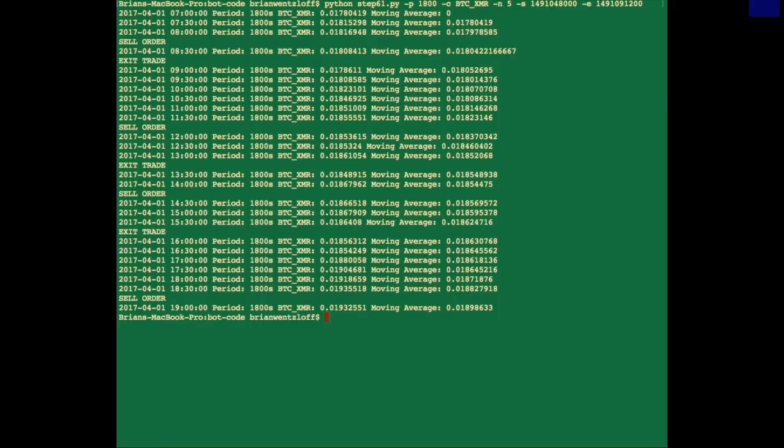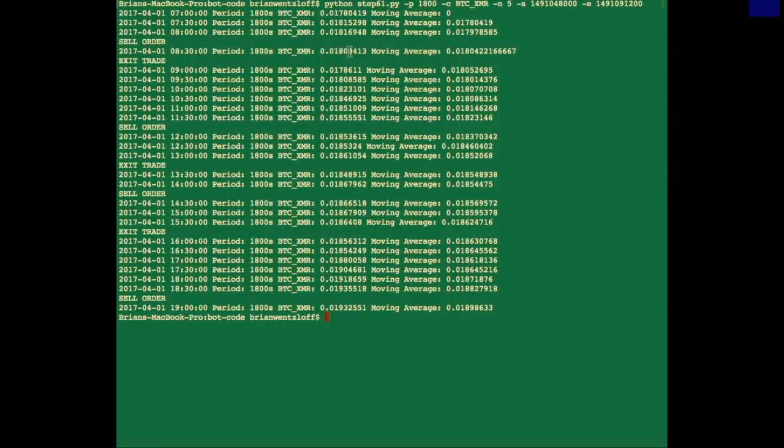All right, let's go ahead and test this on some historical data first, see what kind of output we get. All right, so you can see right away it would have placed a sell order here. It would have exited that trade here, and another sell order, another exit, sell order, exit, sell order, and then our time frame ended. So you can see the bot's working as expected if you look at the numbers. But it doesn't look like we would have actually made any money with this bot